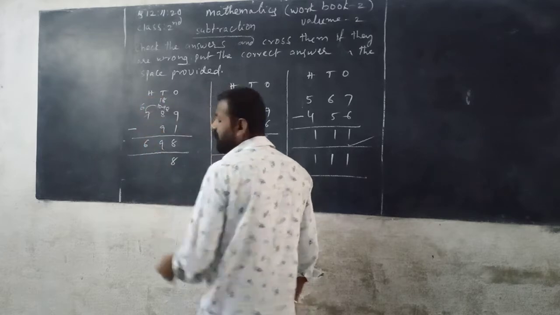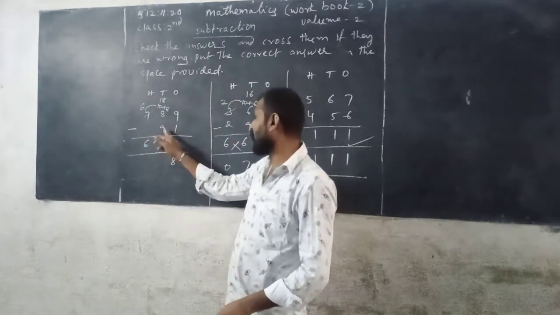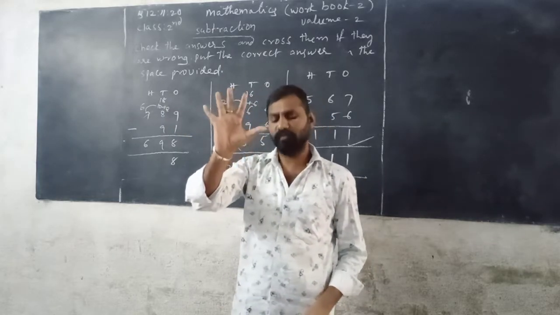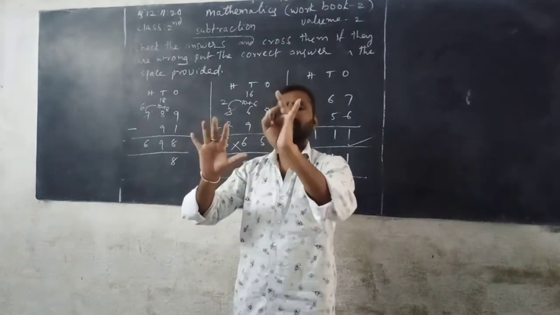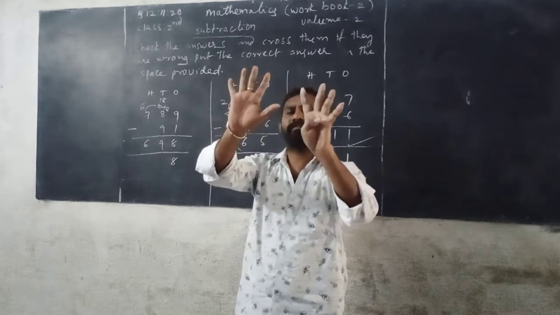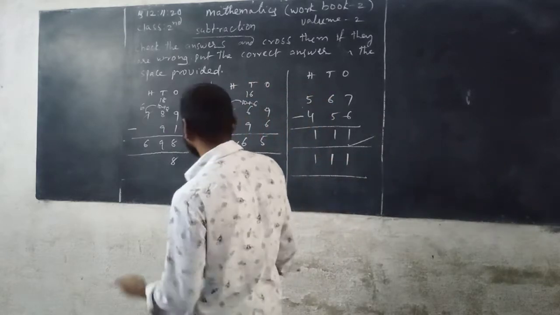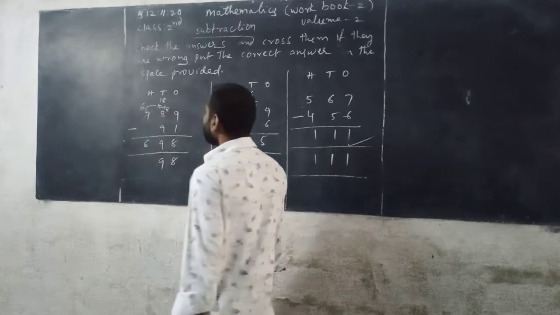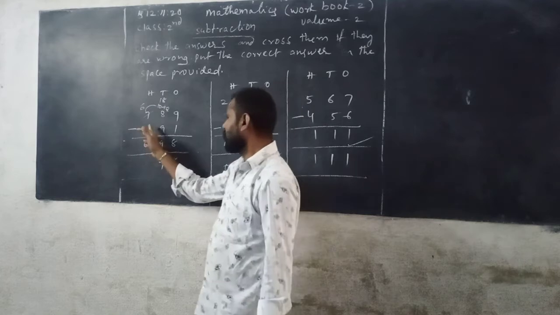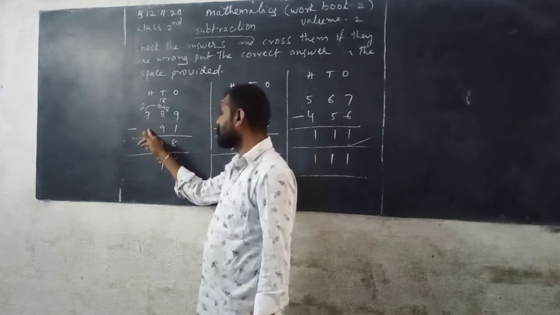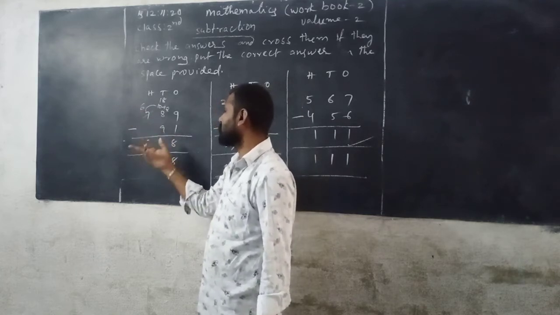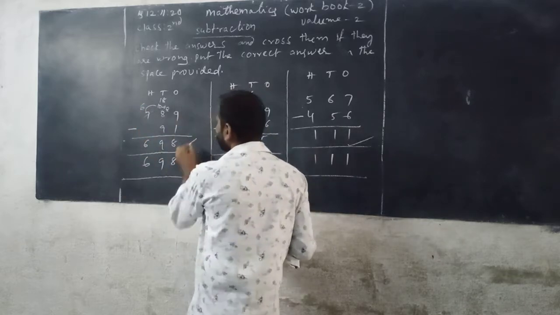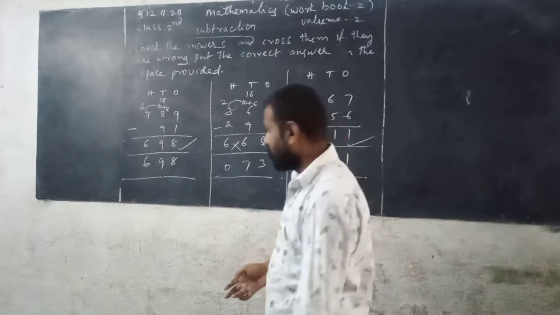18 minus 9 you can get 9. So you can count 9 after 10, 11, 12, 13, 14, 15, 16, 17, 18. So 5 plus 4, 9. 9 write down in tens column. Now next, the bottom of the column at hundreds place there is no number, means here 0. 6 minus 0 means 6. You can add 6 directly. Then 698 is the difference. Then the given answer is correct.